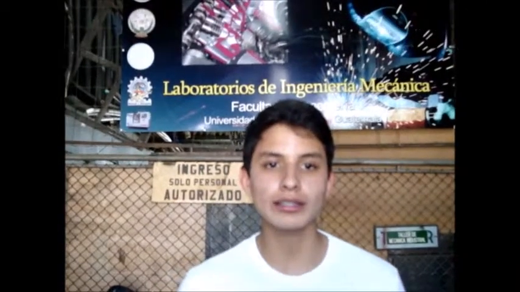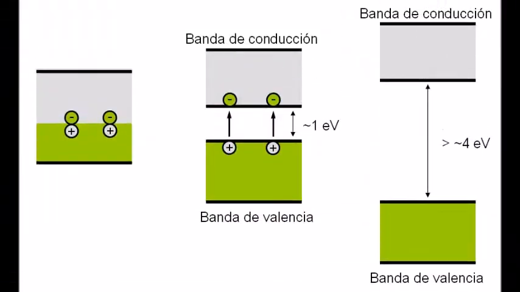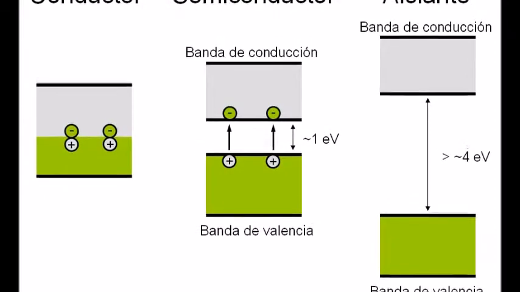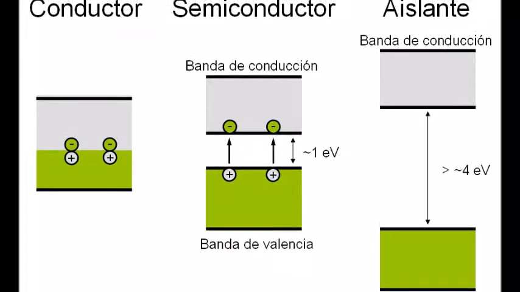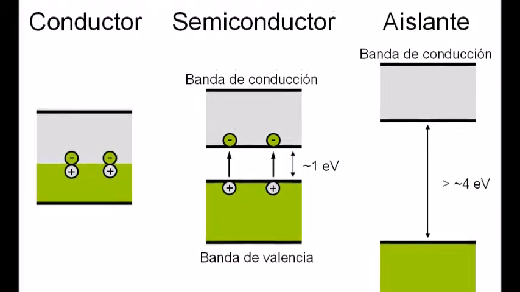Another inequality, physical properties. Some semiconductors, such as silicon, germanium, and selenium, are elements that have characteristics intermediate between conductors and insulators. However,